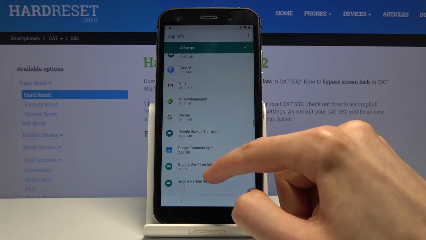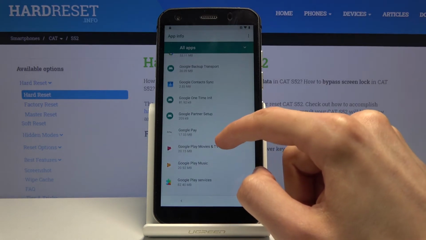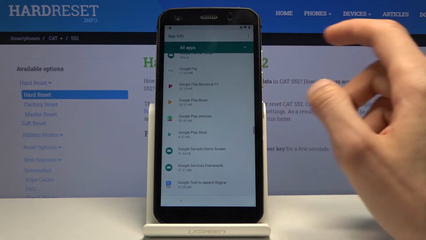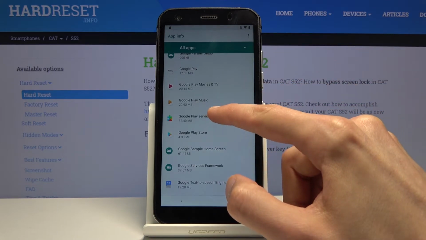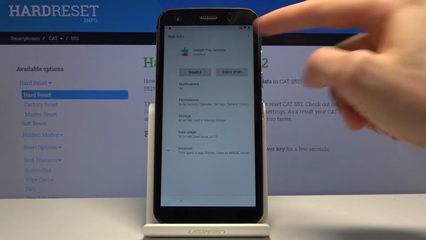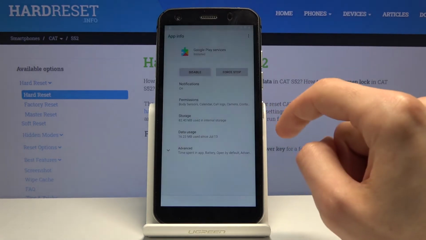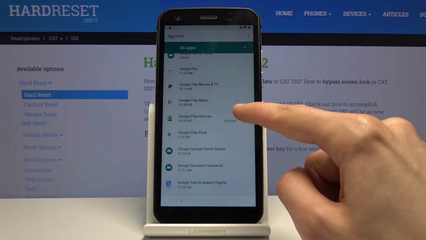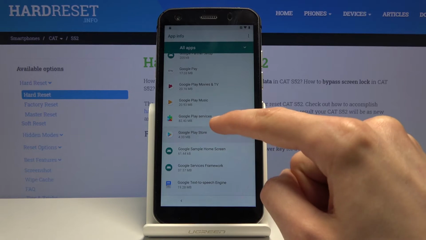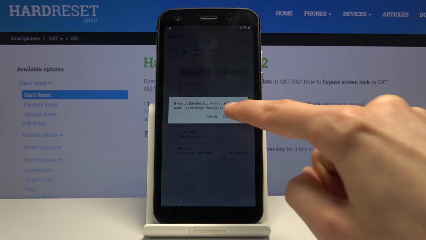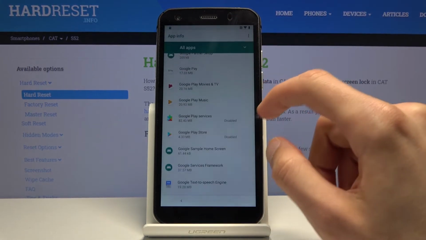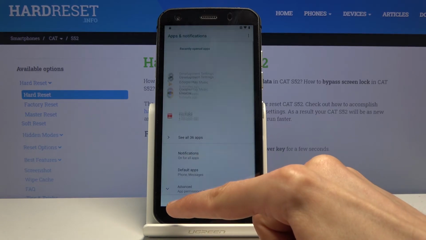So there we go, there is G, and we're looking for Google Play Services and Google Play Store, and there they are. So let's start with the services, tap on it, disable, and disable app, go back, and then choose Google Play Store, disable app, and go back once more,